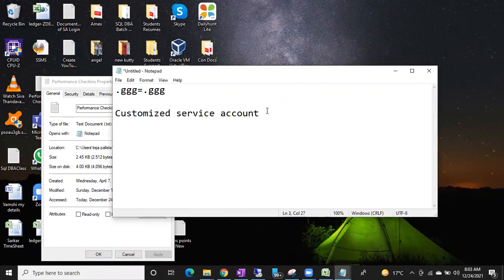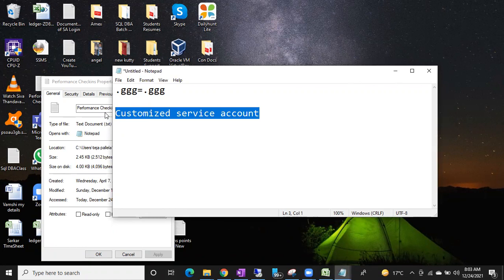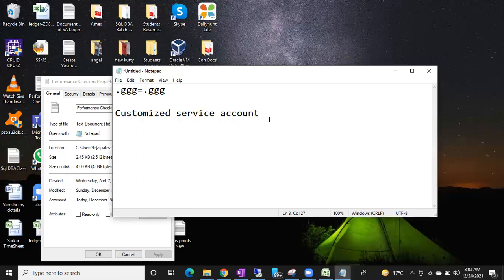Okay, fine. So that is the use of the customized service account. This is how it will work, guys. We can change the service account at any time, but it needs a restart of the SQL Server. During business hours, if you restart the SQL Server, your application will be down. So during business hours, we don't restart the SQL Server. We'll plan it after business hours or on the weekends. Clear, guys? Changing the service account will be planned during the weekend or non-business hours.